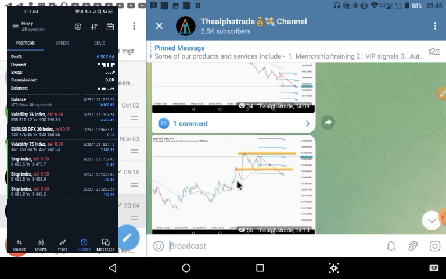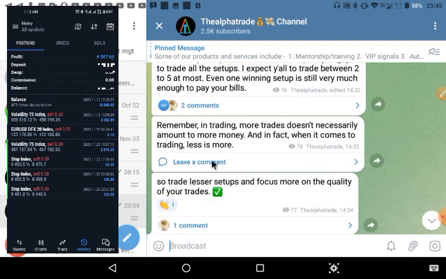That's one good thing about the setups I give, guys. Remember, in trading, more trades doesn't necessarily amount to more money. In fact, when it comes to trading, less is more. That's the fact, guys. Less is more when it comes to trading. So forget about trading every setup